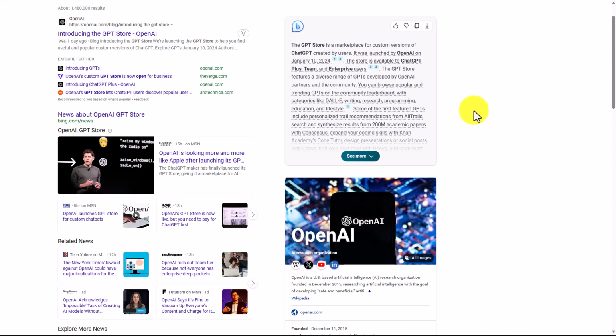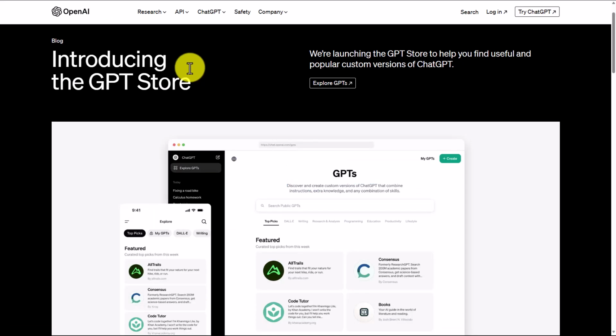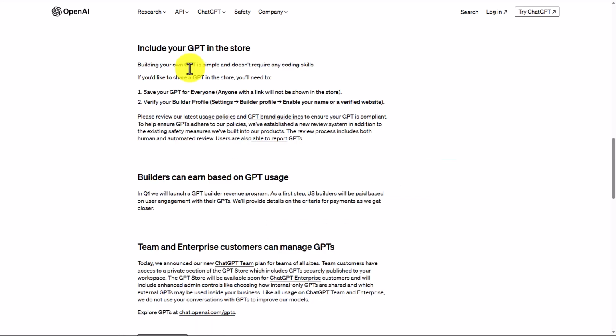If you go to your favorite search engine and you type in GPT Store in OpenAI, you're going to see one of the results there, depending on when you see this video, called Introducing the GPT Store by OpenAI. And it's here where OpenAI will explain basically an area of custom coding for OpenAI that will allow you to get access to unique connections to ChatGPT and the GPT engine, in addition to having your own GPT in the